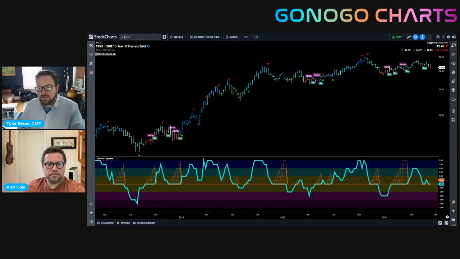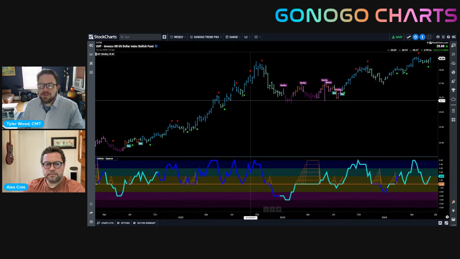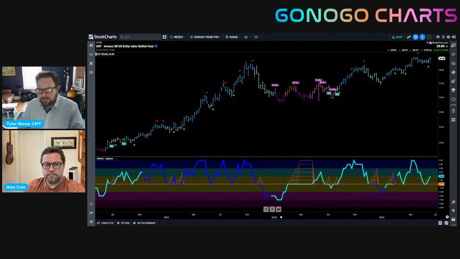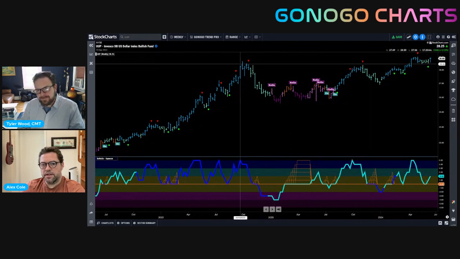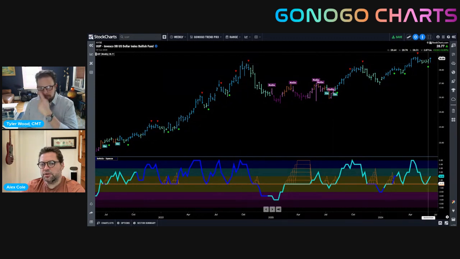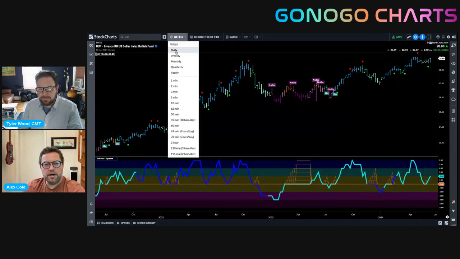UUP is the ticker symbol we like to use at GoNoGo, trying to use ETF proxies so that we can also get a sense of the volume at play on these trends. Yeah, and this is the weekly chart. You can see how we're consolidating above levels that were resistance before, and we found support again at zero. So on the larger time frame for the dollar, before we jump down to the daily, you can see that we are still in trend and that we're seeing signs of trend continuation now as GoNoGo trend paints a stronger blue bar.